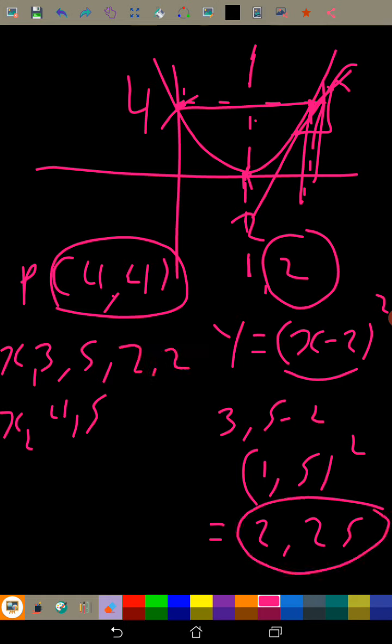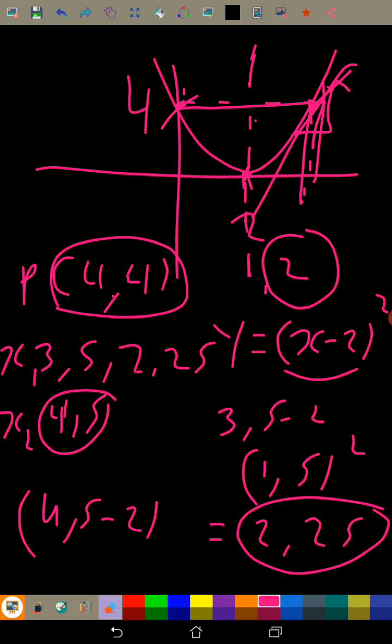We'll have 2.25, sorry. And if we take this 4.5, we put it in the equation, we have 4.5 minus 2, which is to the square, which is 2.5 to the square. 2.5 to the square gives us, wait a second, is it 2.5? 4.5 minus 2, wait, 4.5 minus 2 to the square, 6.25. So what we're going to do now,